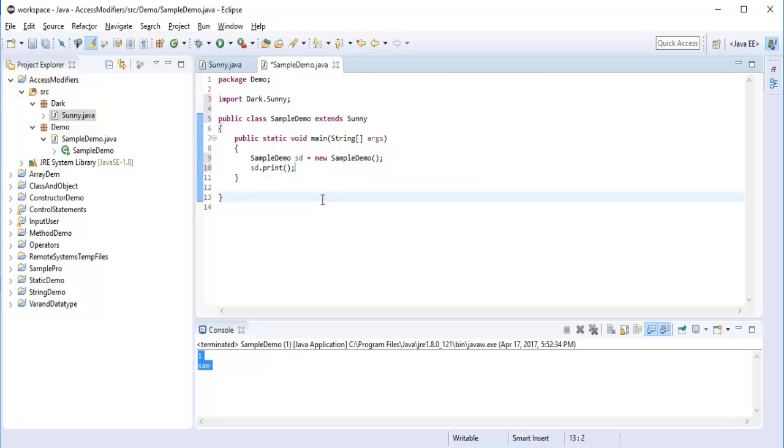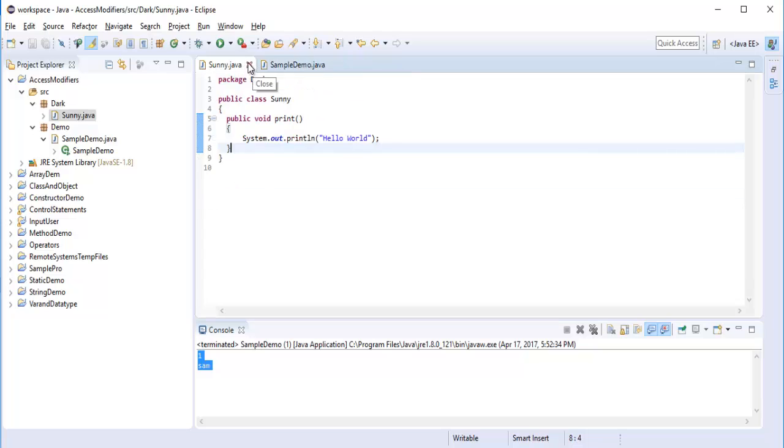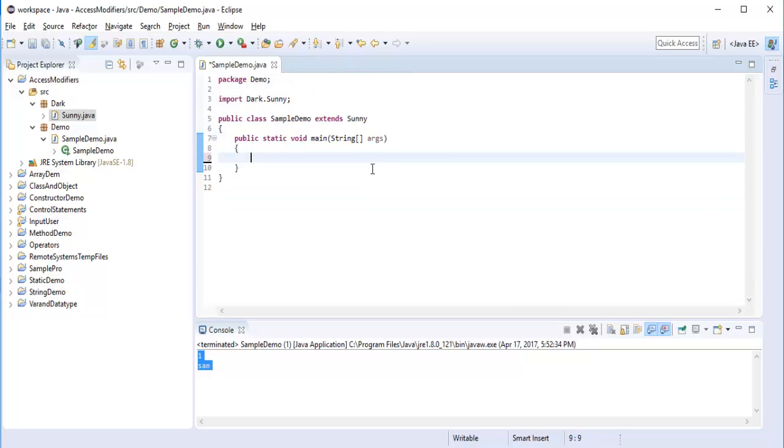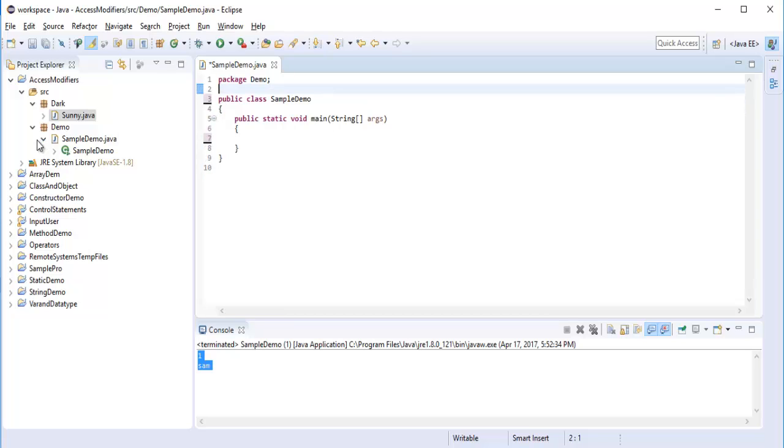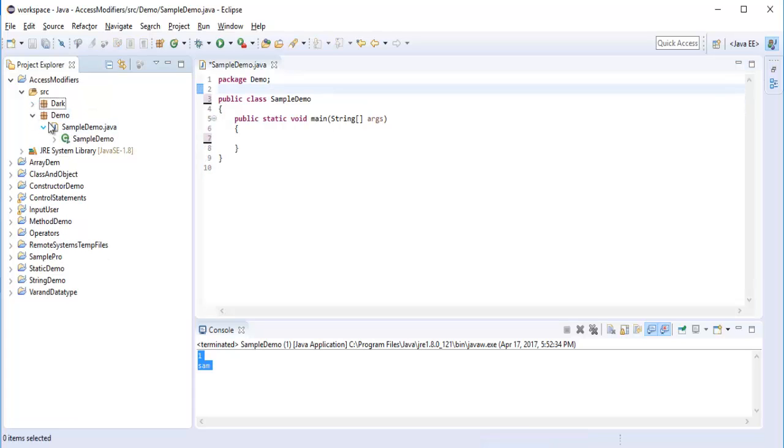And we have something called the default access modifier. Let me show you that also. So what I'll do is, let me close this one. Let me remove this one as of now, and this also. I don't need to import this one as of now. Now I have a demo package. Now what I'll do is I'll create